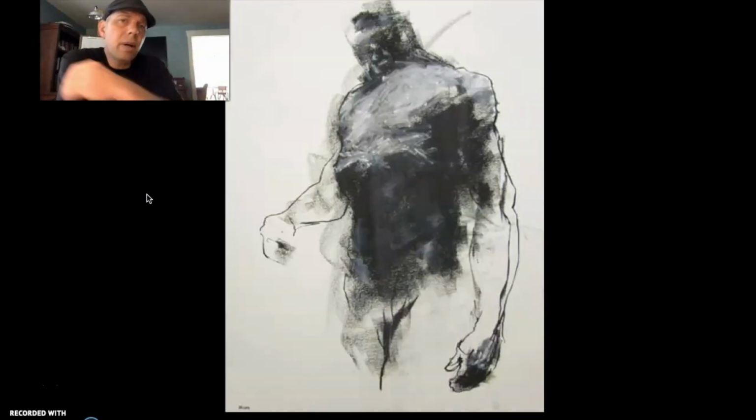And finally, this is what's referred to as a mass drawing. It's a type of gesture, but it's where you use the side of your pencil. So before you have any temptation to make any contours, because that's one thing you want to avoid in gesture drawing, you fill in the mass of the form, like paint it in with the side of your